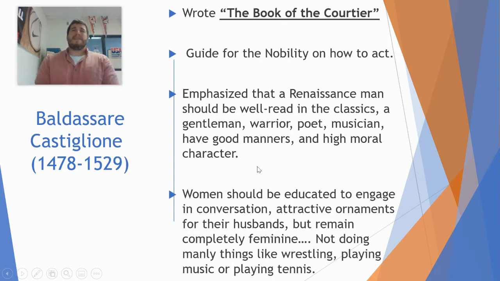He also discusses women in this. Now, women, we're going to talk about women a little later on. When we talk about the Renaissance, for the most part, women actually lose some of the rights they had in the Middle Ages, where the work was equal. But in the Book of the Courtier, he believed that women should be educated enough to engage in conversation, be witty, be comical. No one wants to talk to someone that's dull and boring. So be educated, but more importantly, as Castiglione says in the Courtier, he calls them attractive ornaments for their husbands